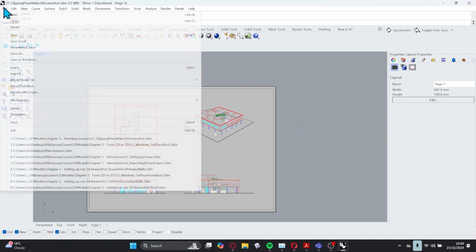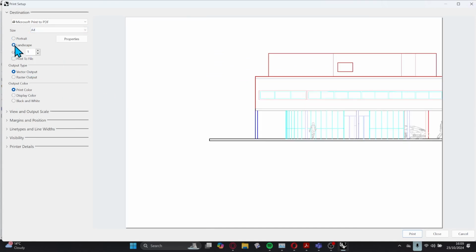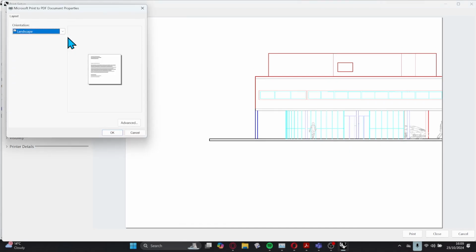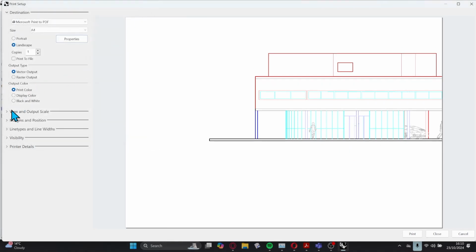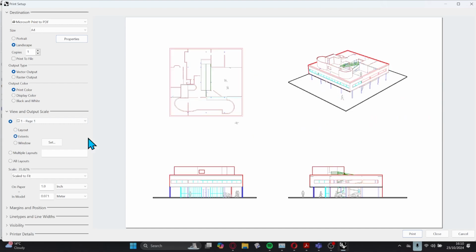Now if I go to File, Print, and if I change this to Landscape, let's go to Properties. I need to change my paper properties because, let's say that's the size of the A1. I can then begin to export this black and white. I can change all of these settings, I can put margins on,